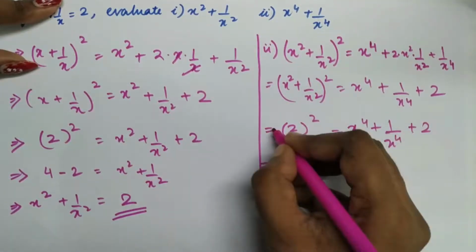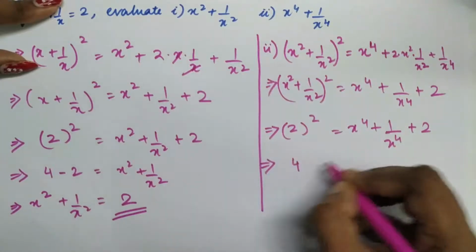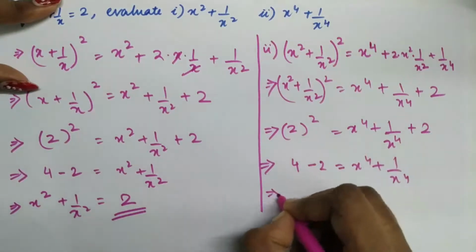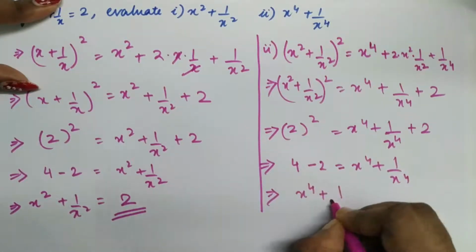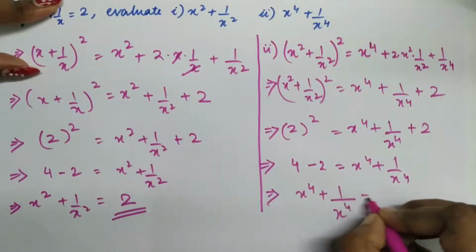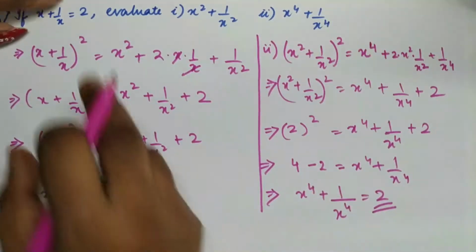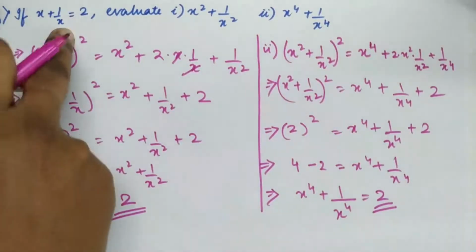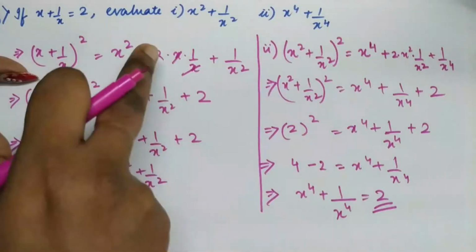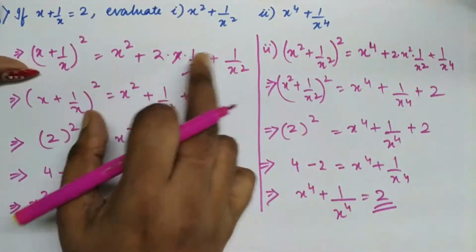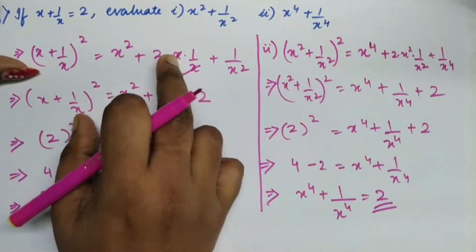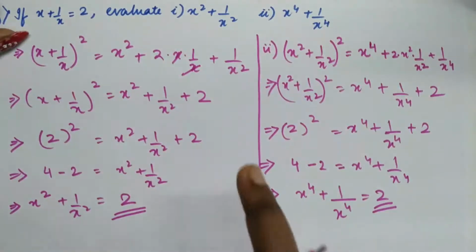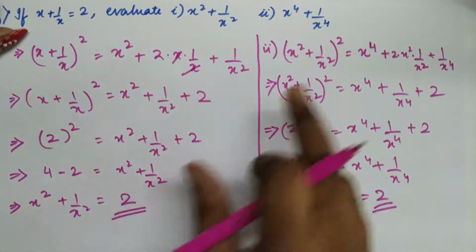So again it is 4, and this 2 comes here with a minus, and you are again left with the same answer: x to the power 4 plus 1 by x to the power 4 is equal to 2. So how are we solving? We are using identities. Whenever you have the x plus 1 by x form, remember that in the middle term, the 2ab form, a and b will cancel because x into 1 by x will become only 1, leaving 2. So I just rearrange and I solve. And the second bit is mostly derived from the first bit.